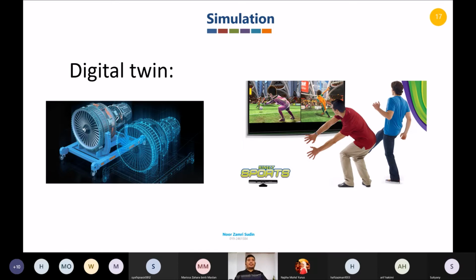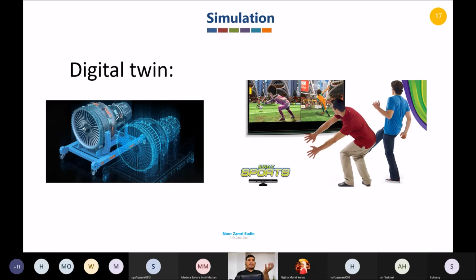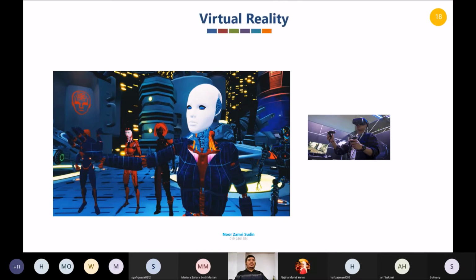So by using digital twin, the good thing is you can test your new program or your new device. You can test it first before you run it in the real world. You can run the turbine. You already have all the data, the spec, the parameters, everything, and you create one digital twin in the digital world. So you can run it first before you run it in the real world. So you can test, if I run like this, what happens? If I run like this, what will happen? So there are a lot of benefits of using digital twin.